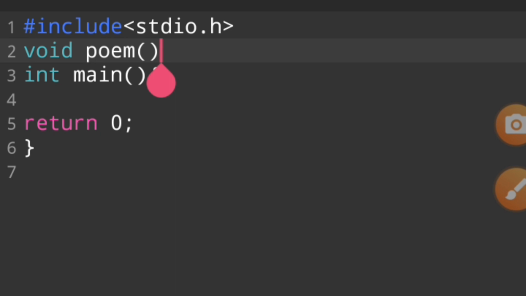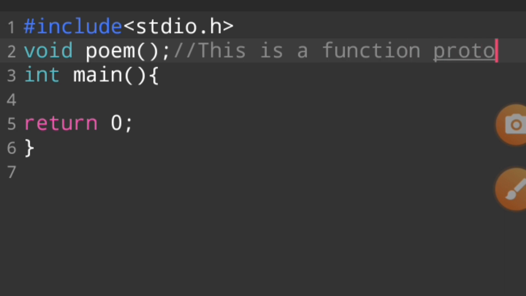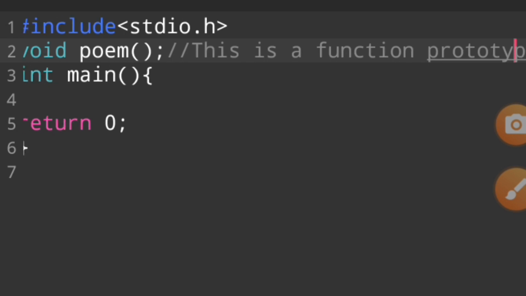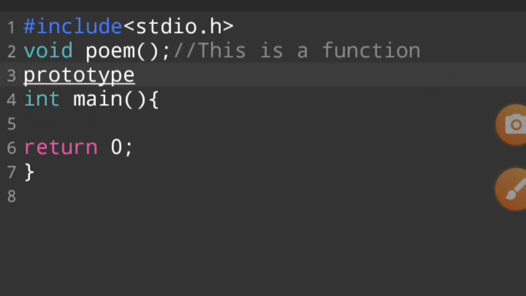So we say void pom, and this is a function prototype or function declaration.